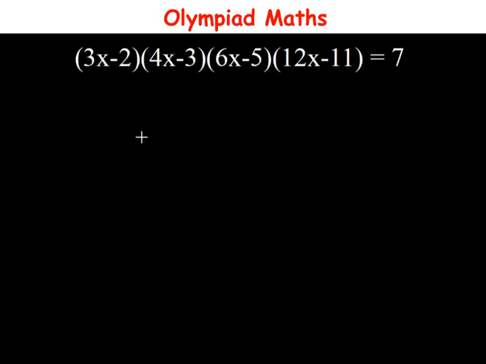Hello everyone, in this video let us solve this question. We have (3x - 2) multiplied by (4x - 3) multiplied by (6x - 5) multiplied by (12x - 11) is equal to 7. Here we are to solve for the value of x. So to solve this,